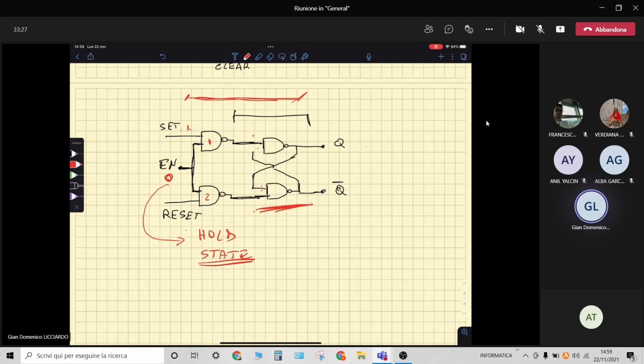And indeed, if I change the value of this enable, and now I put this enable to 1,